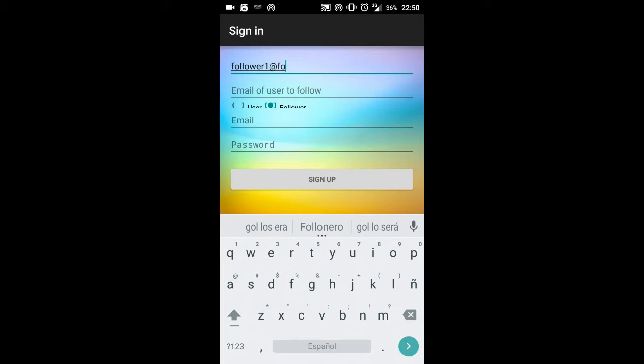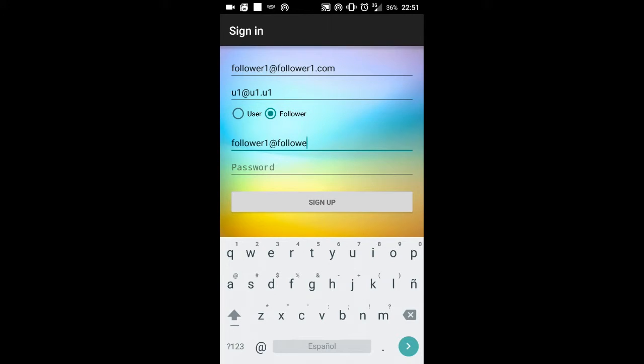It's u1. Okay. Here we need to introduce the username and the password. And the password will be